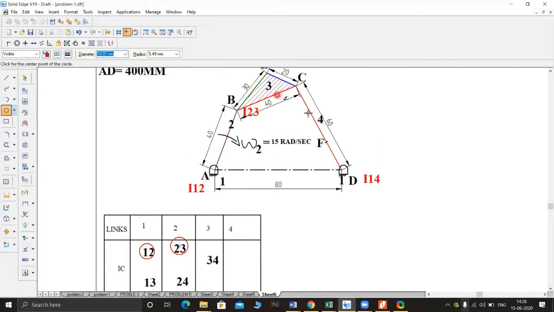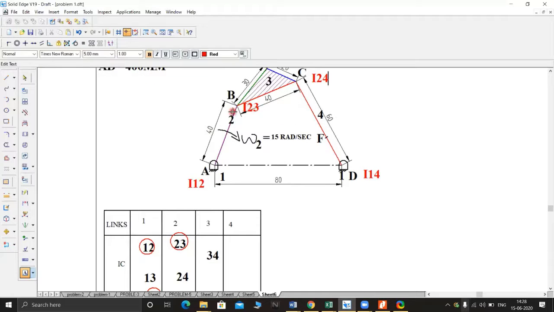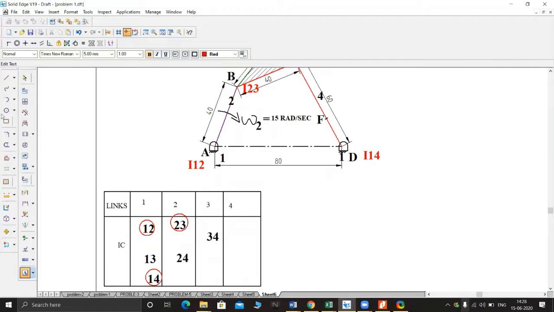Link number 2 here, link number 4 here. Therefore, which is connected at this point, that is C point. Therefore, we can call this point C as I24, that is the location of that. Therefore, I23 and I24 are the permanent type, because even when the mechanism changes configuration, this I23, I24 is going to move and change its position, but it will be there on the same point B, and I24 on the C. That's why it is called permanent type. Therefore, I'm going to mark it now.